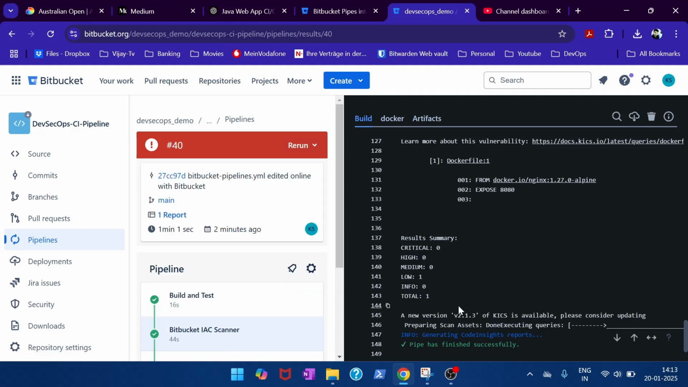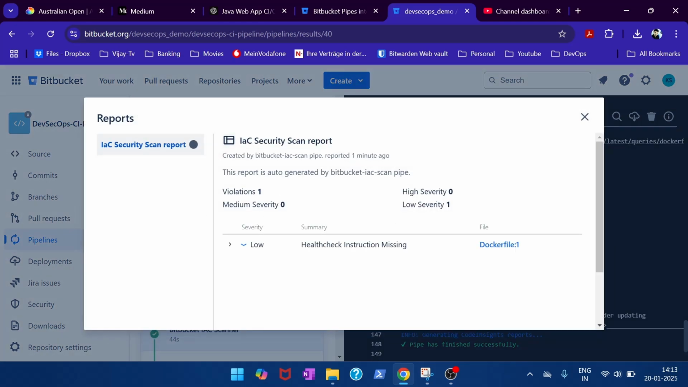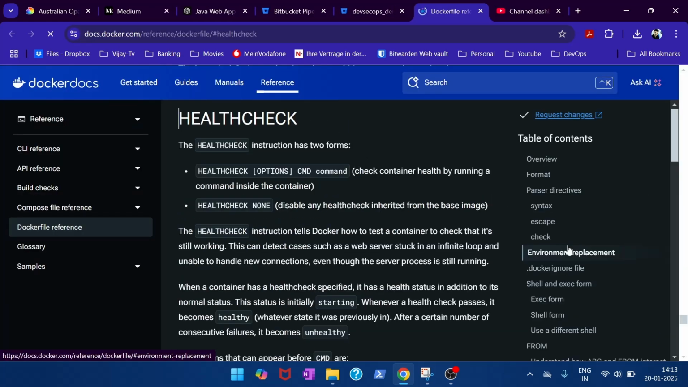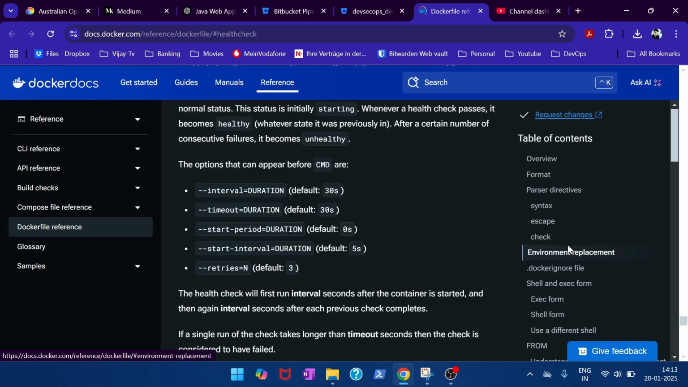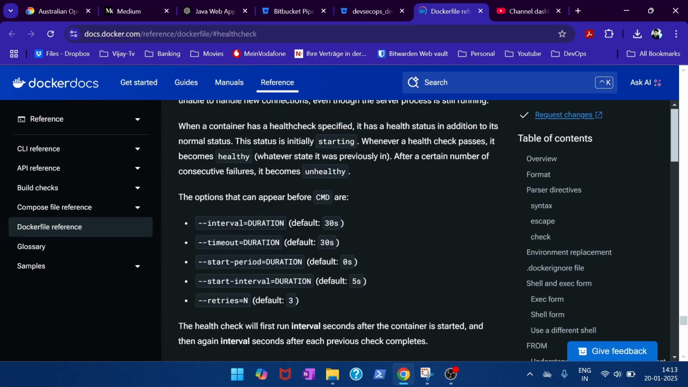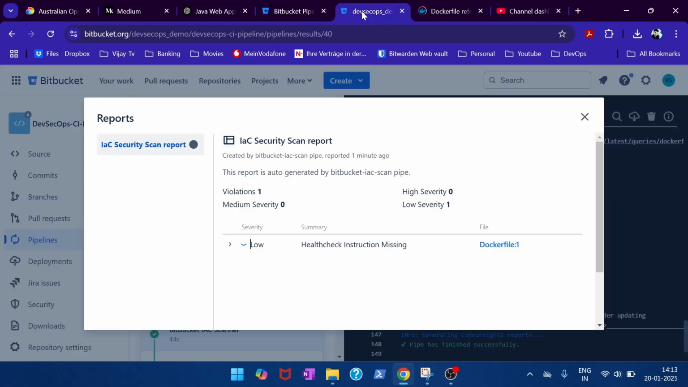And now that this is done, if I go up, there is one report. There you go, IaC container security scan report. It also populates this information in here. There is one low severity issue that it has identified on the Dockerfile, and the summary is health check instructions missing. And if you are not sure what it means and how you can fix it, it also gives you a reference to Docker docs where you can go ahead, read, and then fix your Dockerfile to add those health check instructions. And when you rescan, I think this is going to go off. Wow,